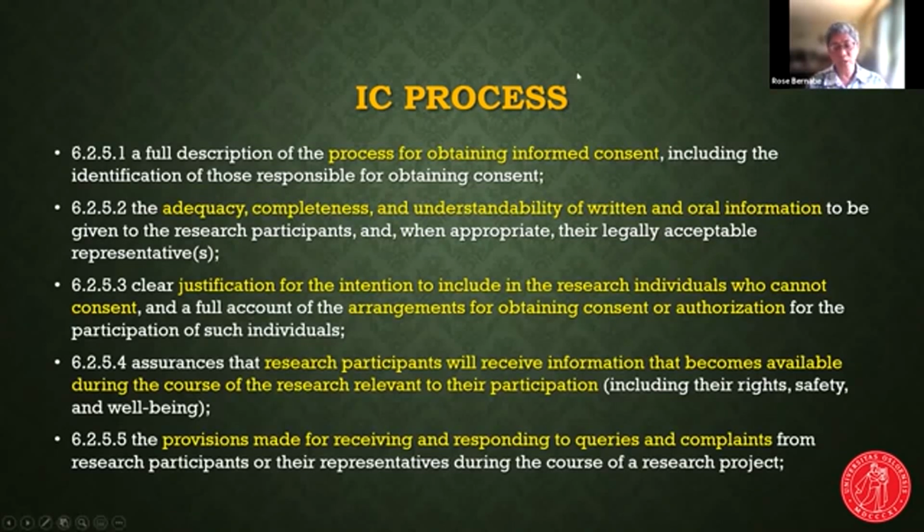That is, only when such a trial cannot be done on individuals who are able to consent. Think, for example, of children. Why would you do a clinical trial on children? Because you want to have pediatric data, not because it's quite easy to have children as research participants. So there has to be a justification for their inclusion in a research study,